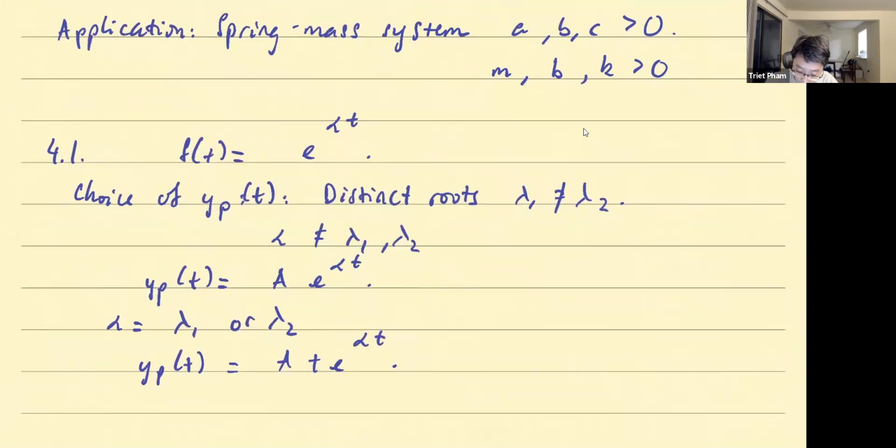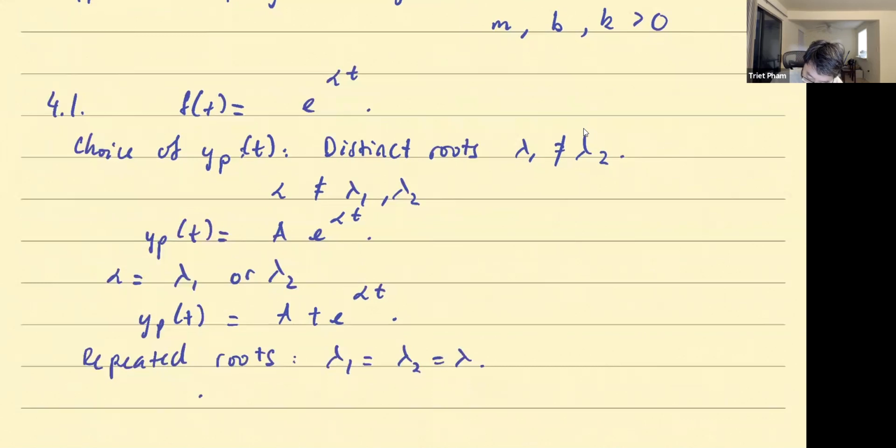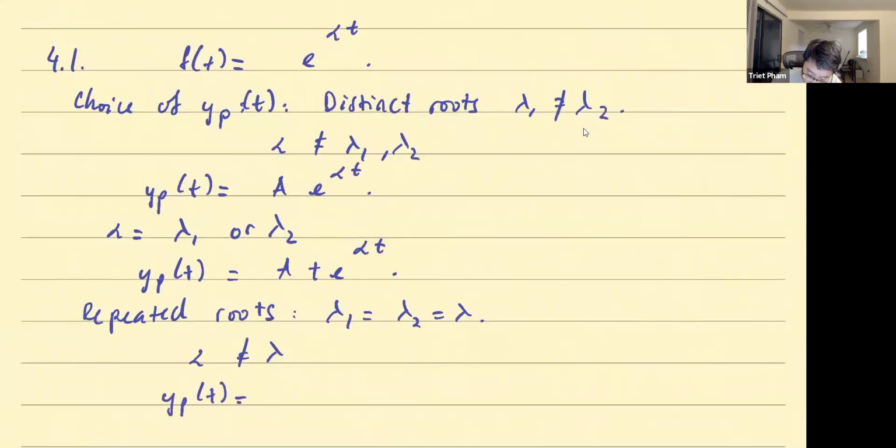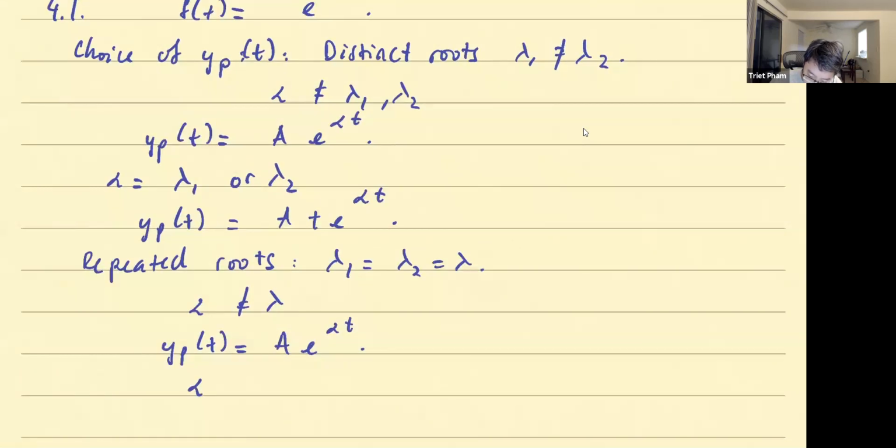And finally, if you have repeated roots, so lambda 1 equals lambda 2 equals lambda, then if alpha is not equal to lambda, you have nothing to worry about. Again, the particular choice of the guess is still a constant times e to alpha t. But if alpha is equal to lambda,